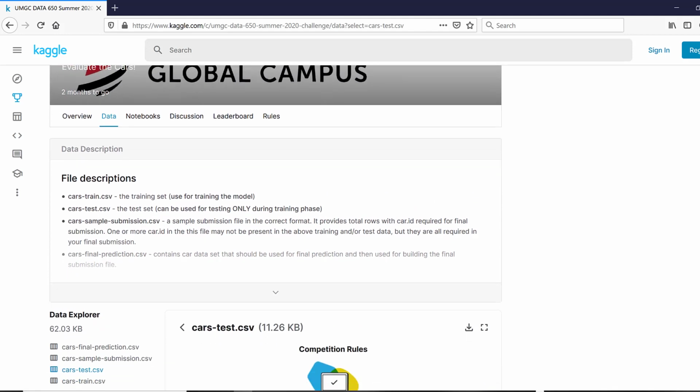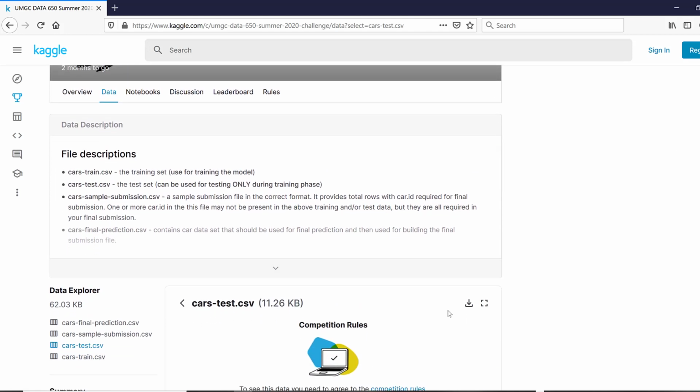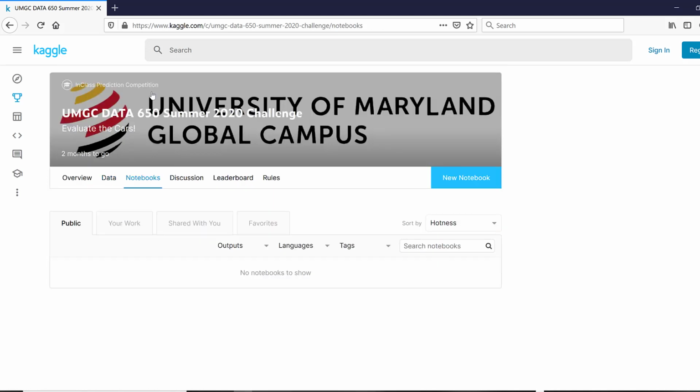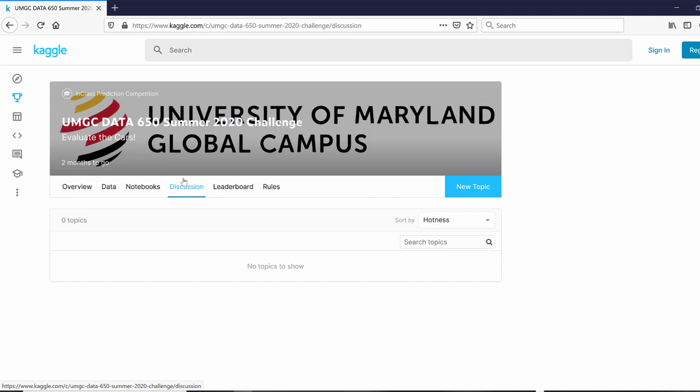And of course there's the download all tab that you can use to download all the files from this particular site here. Kernels, this is the tab we are not going to be using for the computation. It does not provide any kernels for you to test your code here or do anything of that sort, so we'll avoid this. Discussion, you can use this tab for discussing amongst your peers, amongst your class members, but please do not share the code here. The discussion should be purely generic and nothing that reveals the code or the technique that you're using.